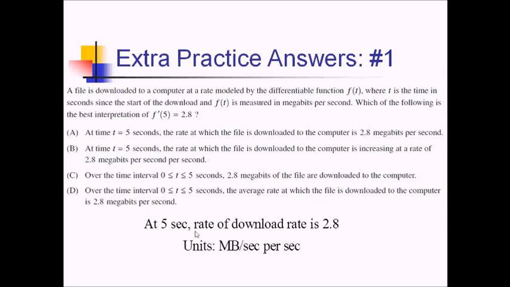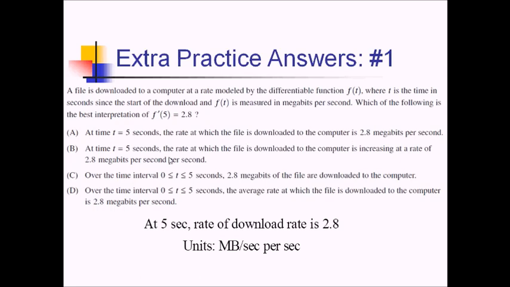So let's take a look at the different answer choices and see which one matches what we've written here. Choice A, at time 5, the rate at which the file is downloaded is 2.8. Nope, this would be if you did f of 5 equals 2.8. Choice B, at 5 seconds, the rate at which the file is downloaded to the computer is increasing at a